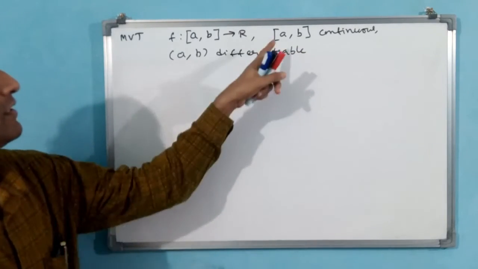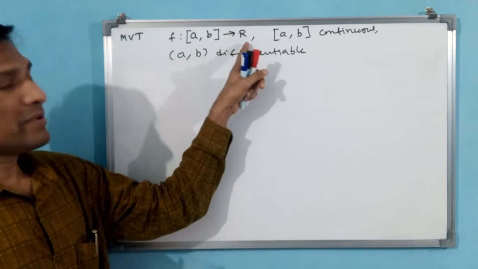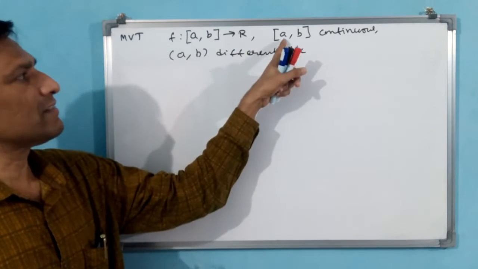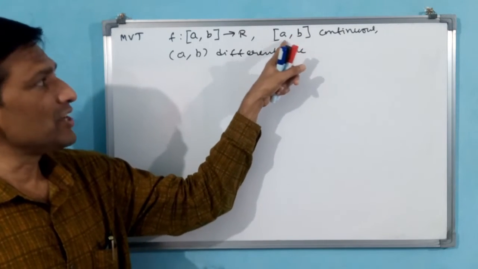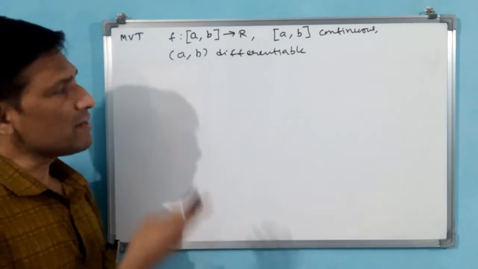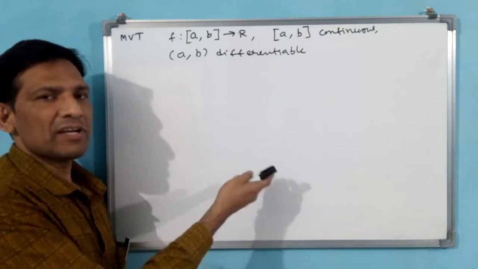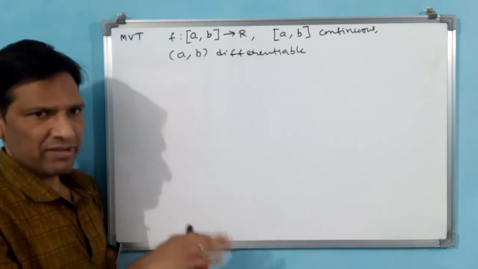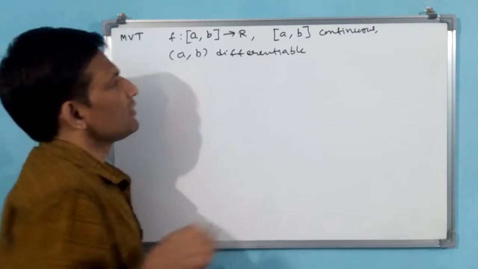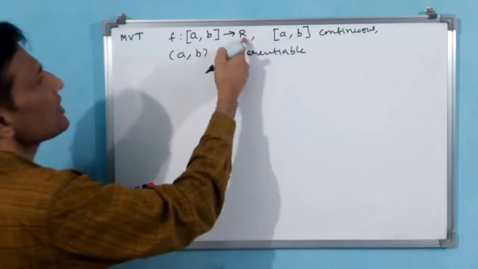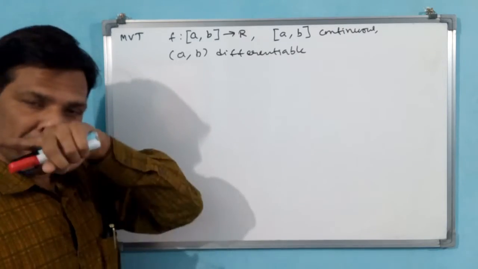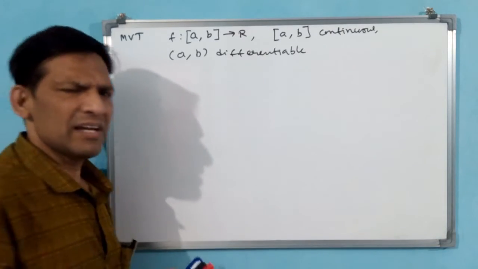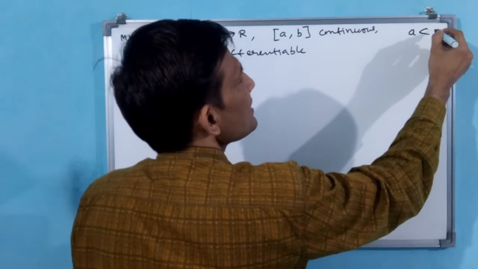First, the function will be a real valued function. Second condition, the function should be continuous on the interval a to b. Here a and b we have written; earlier we saw x1 and x2, both are the same. Why? Because x1, x2 belong to R, and a, b also belong to R. Always, when you take a to b, b will be bigger than a. This you also know very well: a is less than b.